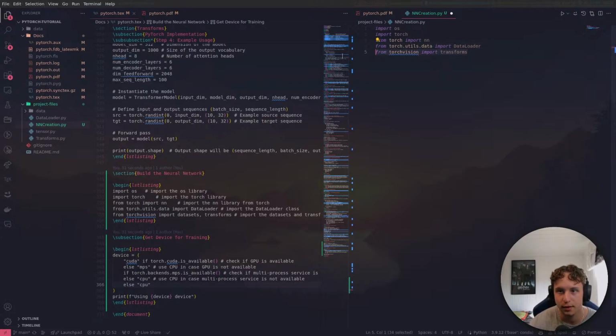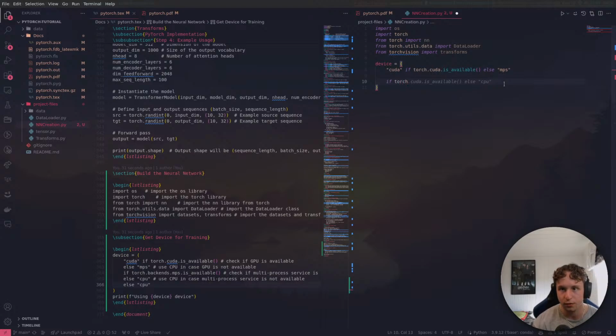Now, this will only be necessary if you want to use their custom datasets. Otherwise, you probably don't need this. Either way, let's check the device. So we're just going to check here: we're going to say CUDA if CUDA is available. Otherwise we will use the CPU or MPS, I guess. And then we want to also check if